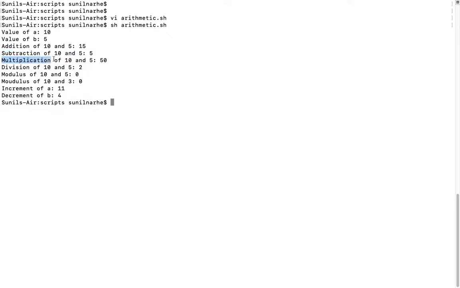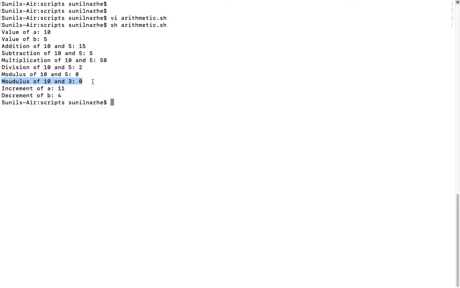For the multiplication we get 50, and for the division we get 2. Like this, increment of a and decrement of b is 4. We have the modulus of 10 by 3 as,